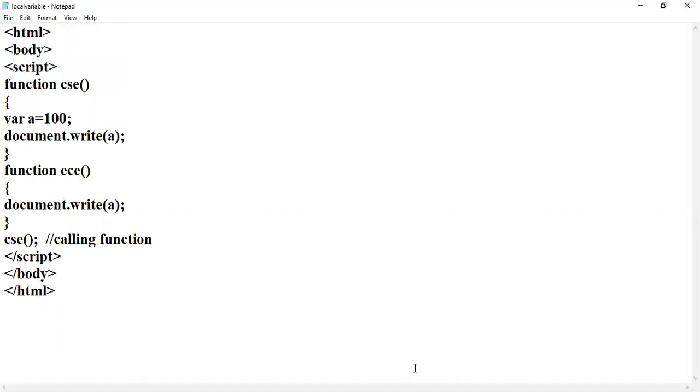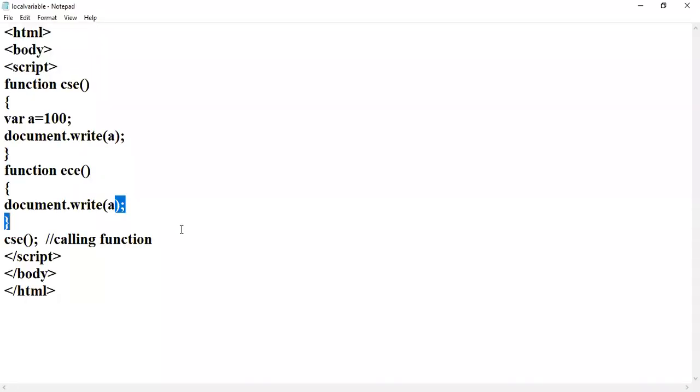I am saving this program. Now again I will go to the browser. Here I'm opening the browser. Now I will click on refresh, reload this page. See, I am unable to see the output. Now again I will go to the notepad. Then I will try to write something here. Then it will display. Welcome. See, I forgot something here. I will make the changes now.